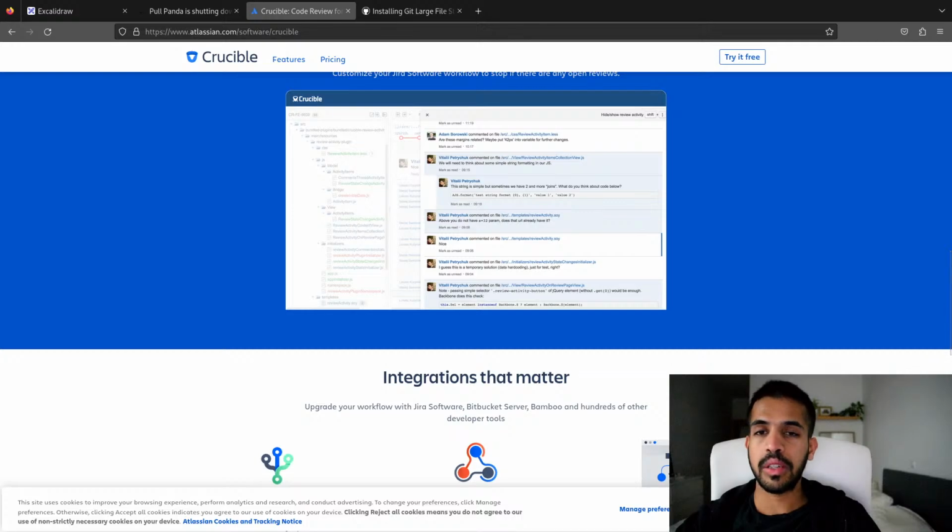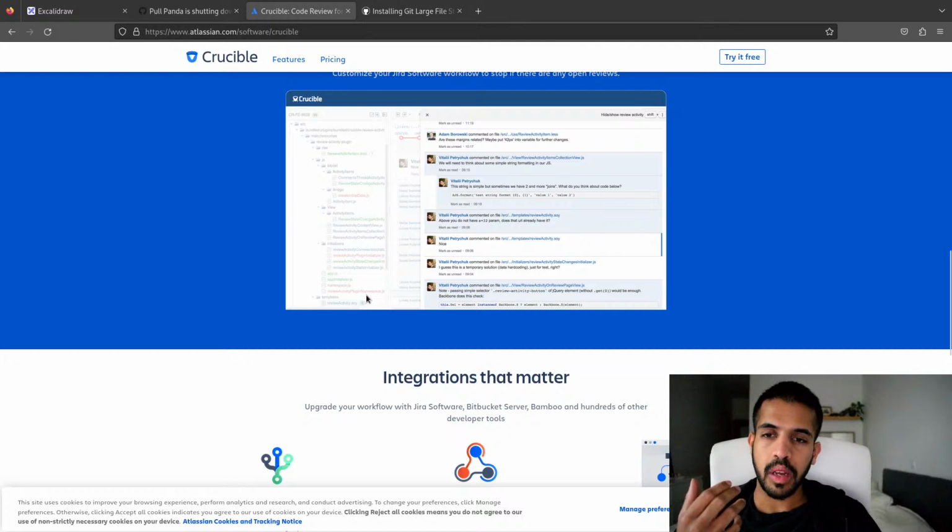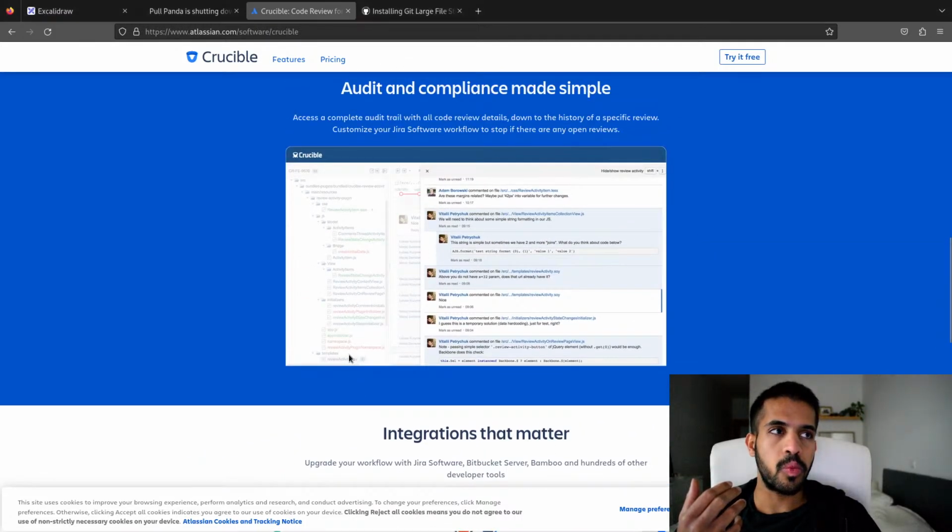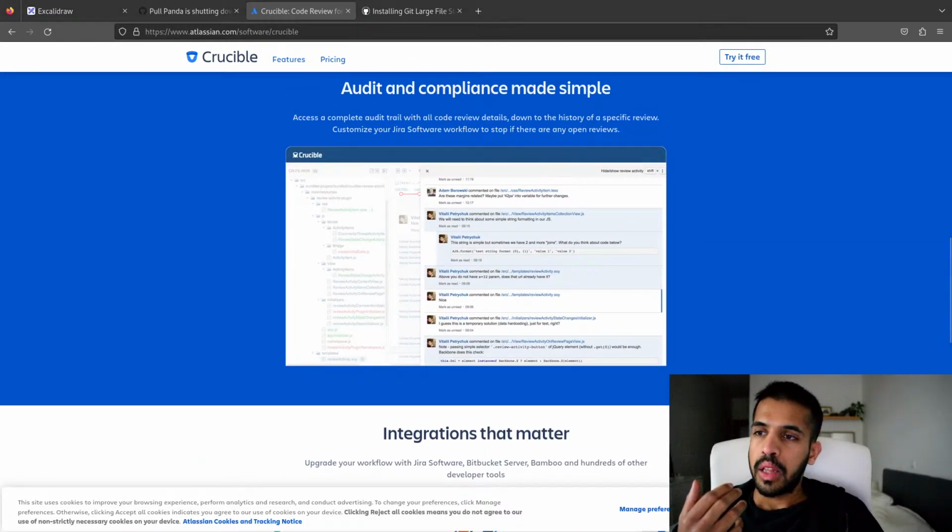And because of the combination of branching being tricky on SVN, together with the fact that Crucible is also a bit less feature packed than GitHub, we ended up with cases where we had ginormous pull requests.